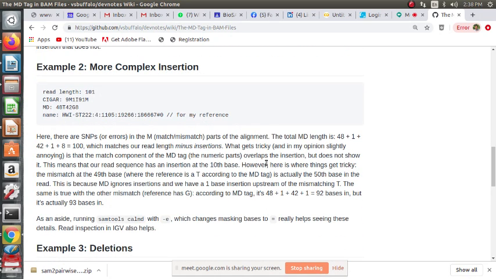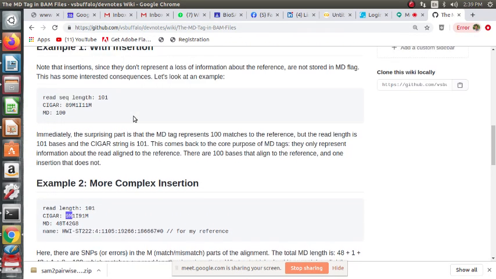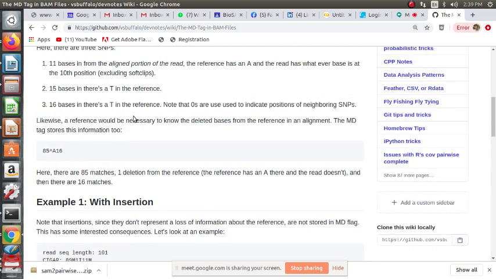And what gets tricky and in our opinion slightly annoying is that the match component of the MD tag, the numeric parts, overlaps the insertion but does not show it. This means that our read sequence has an insertion at the 10th base. So the match component of the MD tag overlaps the insertion. So in the MD, we can see 9 matches or mismatches, and then if it is going to be 48 and then T,